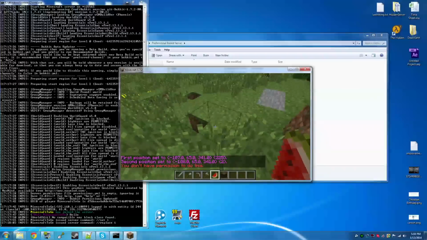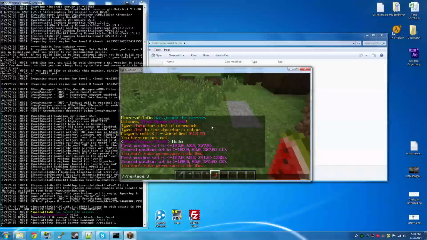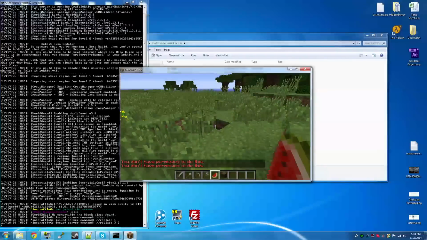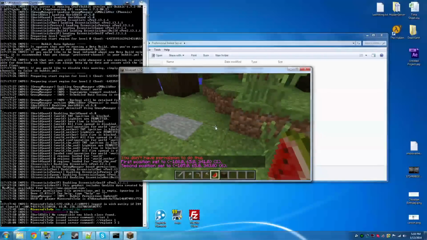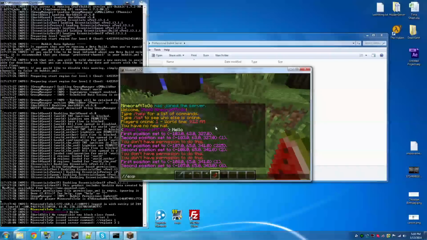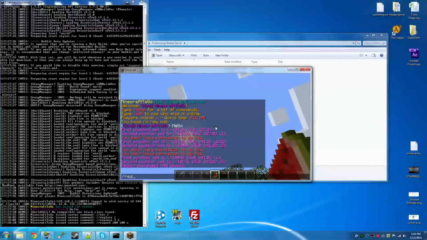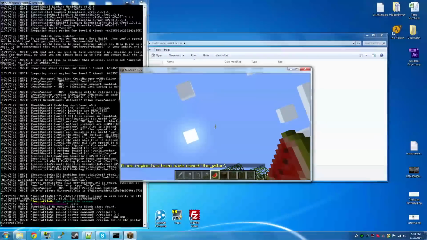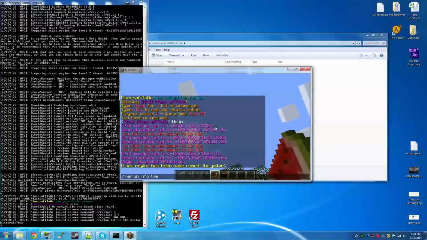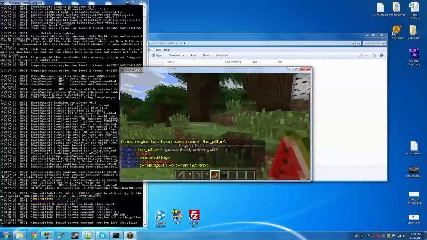Like let's do replace 3-2. Yeah, doesn't work. But now I can do /region. I can do /expand 100 up like that, so the region expanded, and I can do /region define. We're gonna call this the_pillar or something like that. My bad, because it can't have spaces. And I'm gonna give this to myself. Alright, sweet. And if I do /region info the_pillar,